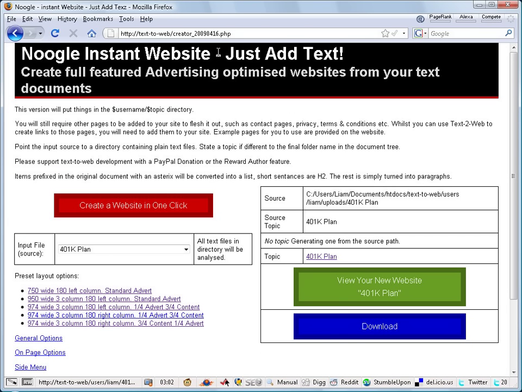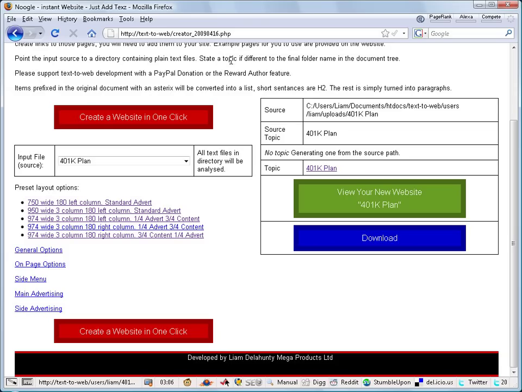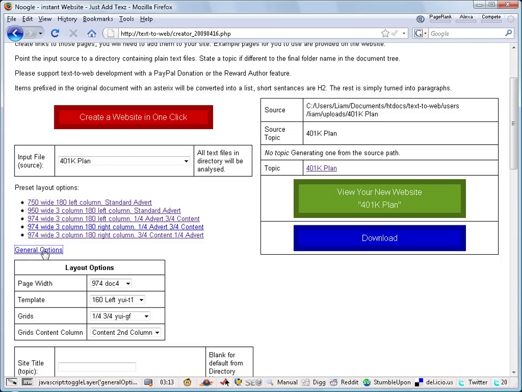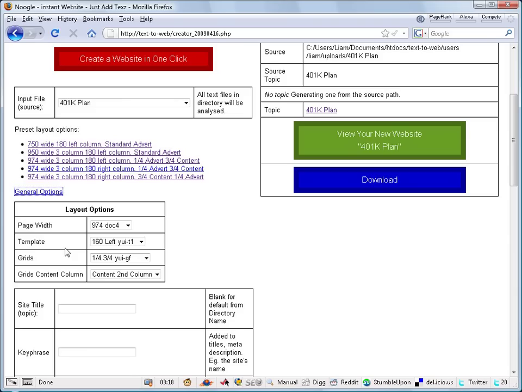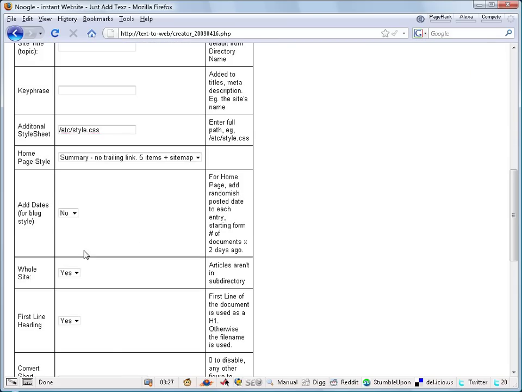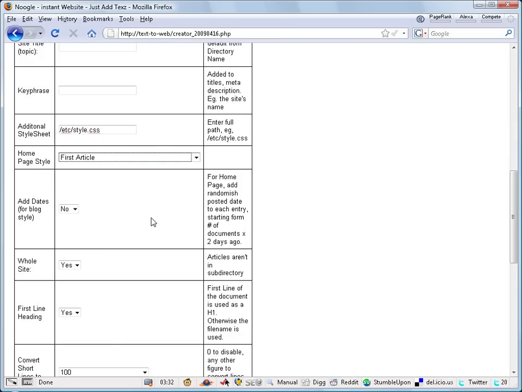So there's a bunch of presets. But you can dig deeper into the site design, and you can edit almost any of those options. In the general options here, that lets us specify the homepage style. We have various options for how the articles are listed, including using the first article itself. You can specify the page width template and so on. Let's go down here. So we were using the summary look. If we make it like the first article,